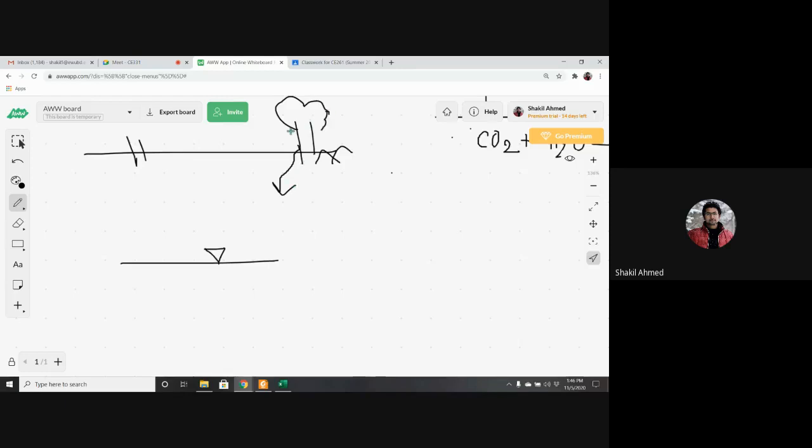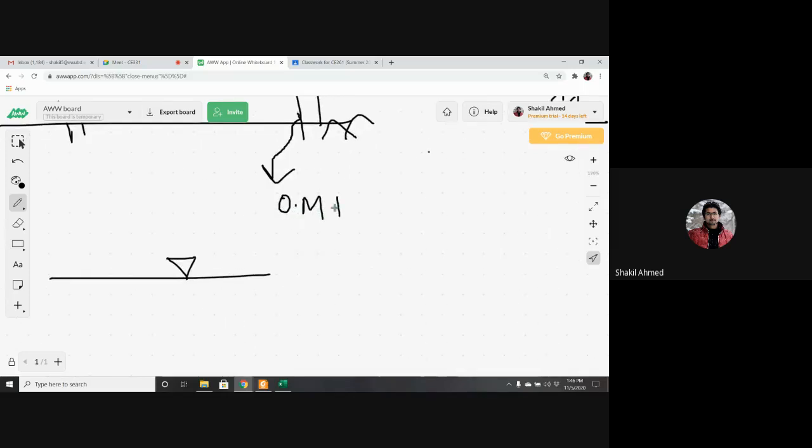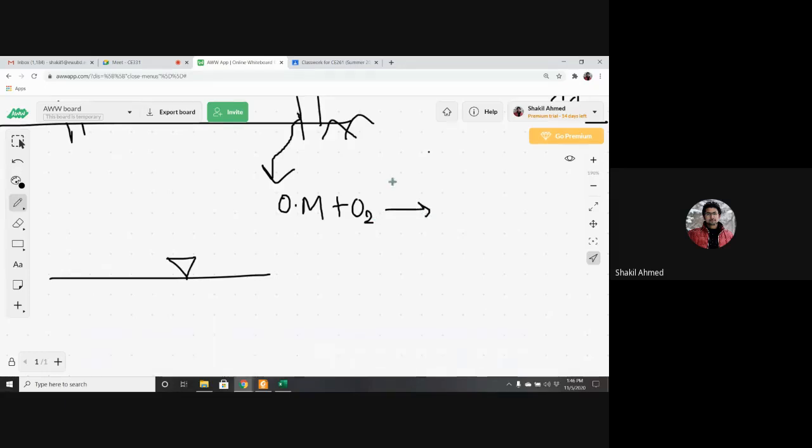Now, these are basically organic matter, right? So this organic matter, with or without the presence of oxygen, by microorganisms like bacteria,